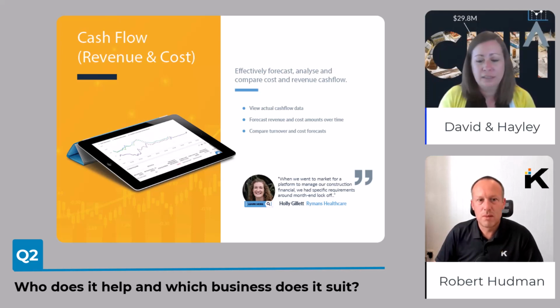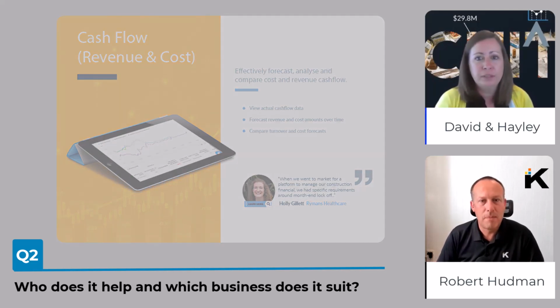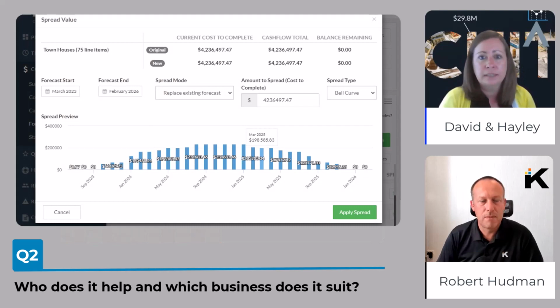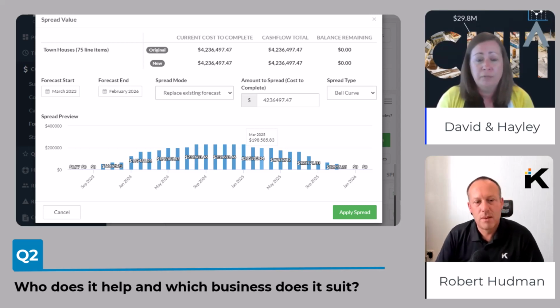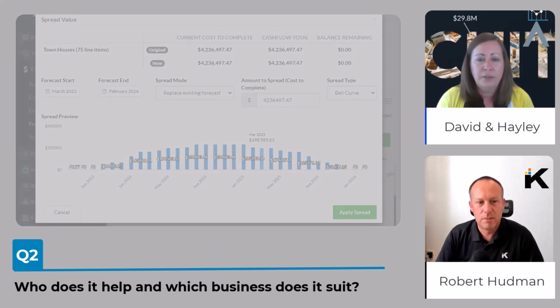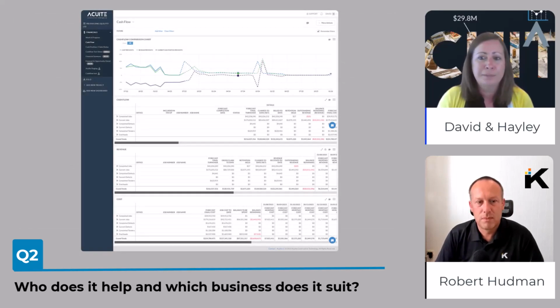Yeah, so it starts at the project level. With the financials, you're looking at contracts administrators, project managers, the health and safety and quality, so health and safety managers, site managers, quality assurance managers. And then from the financial end, all the other modules within Acuite, it rolls up. So it goes up to your construction manager to review their group of projects, and up to even the CFO director level to see those company roll-ups, whether it's financial, safety, quality.